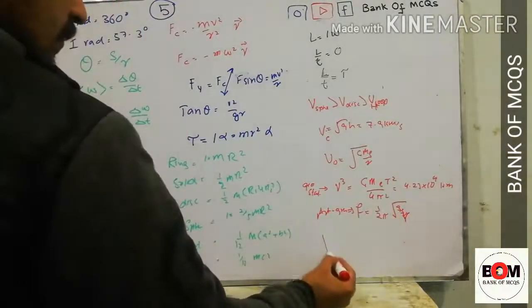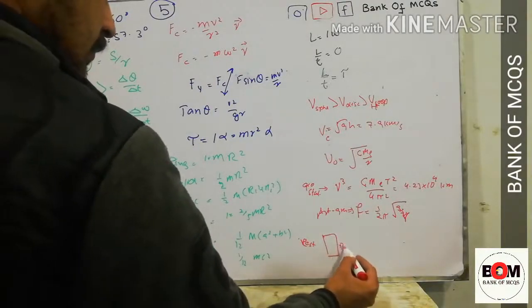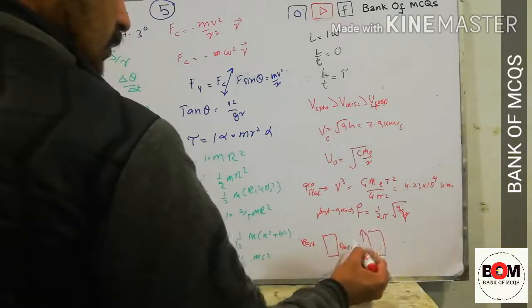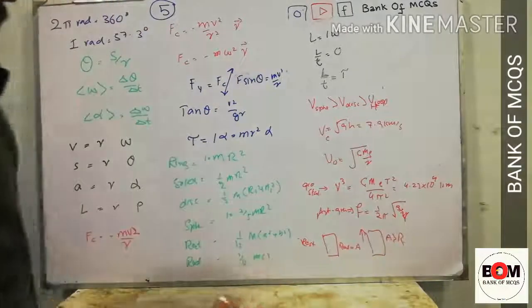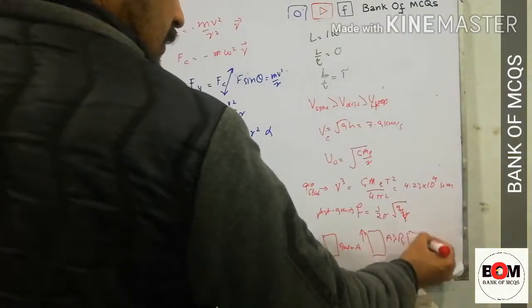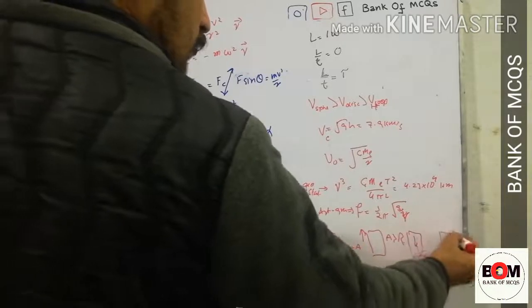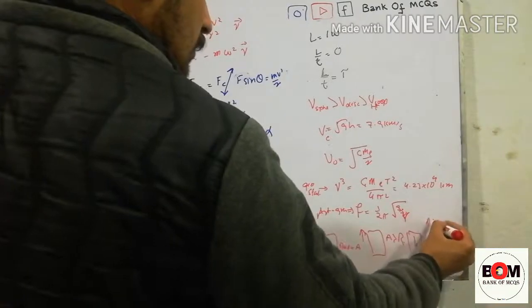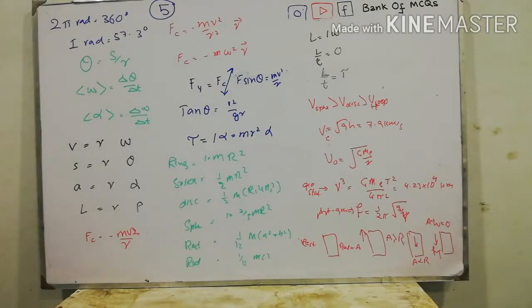A third topic was the lift: if it is at rest, then the real weight is equal to apparent weight. The second was if it is moving upward, then apparent weight will be greater than real weight. Third was if the lift is moving downward, then apparent weight will be less than real weight. And fourth was the special case, if it is falling freely, then apparent weight will be equal to 0. So this was the whole of chapter 5, circular and rotational motion.